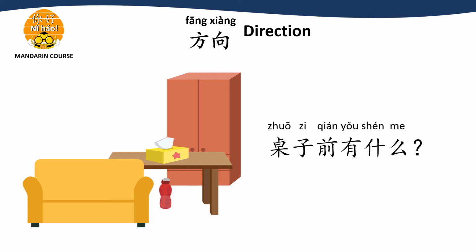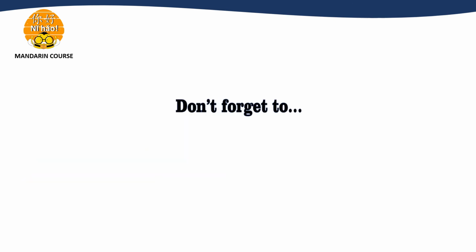What is in front of the table? 桌子前有一张沙发。